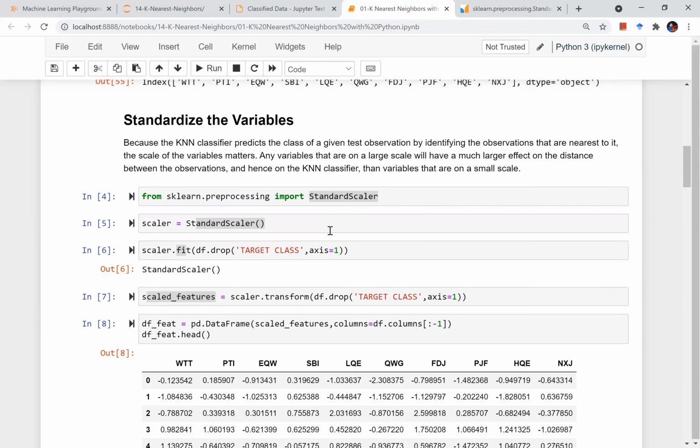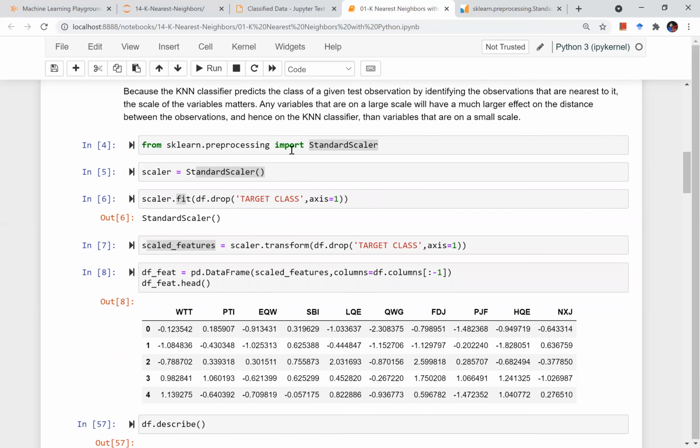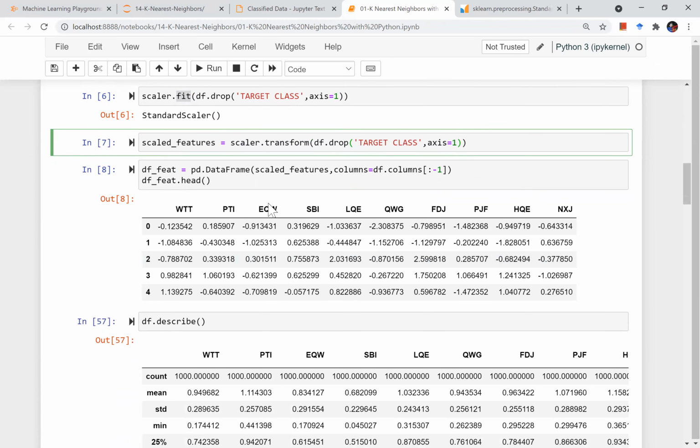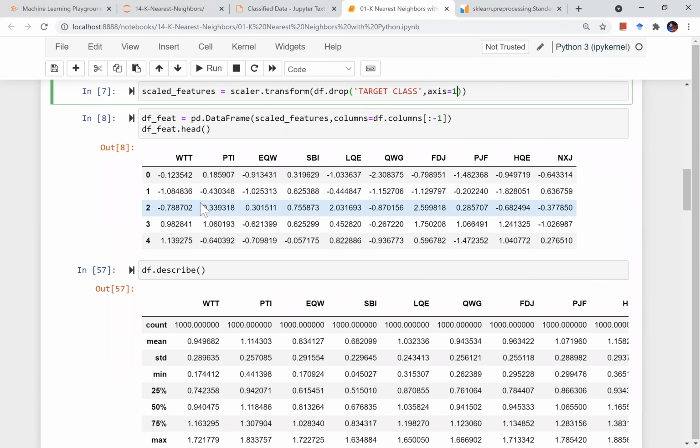So for scaling, we use standard scaler, which centers every column around its mean, right? We imported a standard scaler from sklearn preprocessing and created an object instance of the scaler. Then we fitted this scaler on my data frame except the target column. Then I transformed my data frame given the scaler. So based on the scaler, I changed or scaled the values of the whole data frame except the target column, because the target column will not be used in the calculation of the k nearest neighbors, right? Then this is how my transformed data looked like.